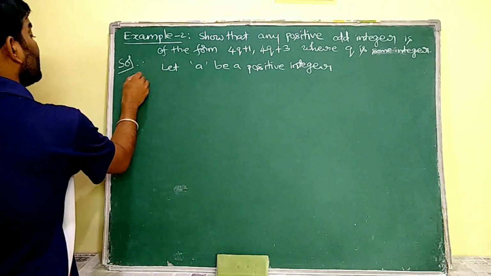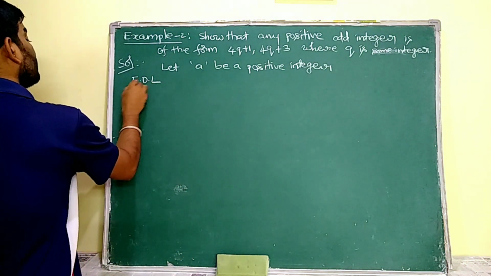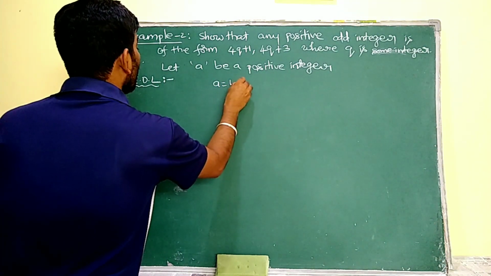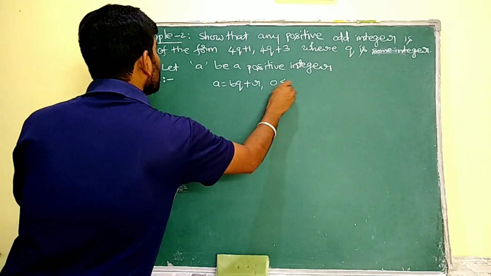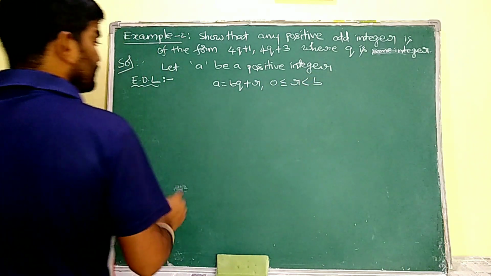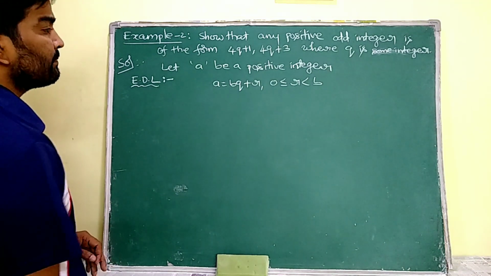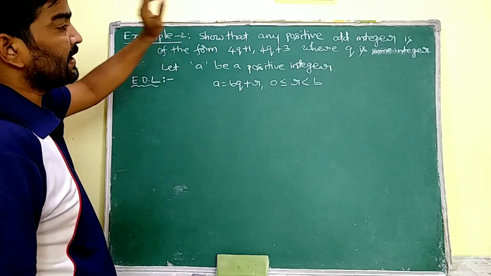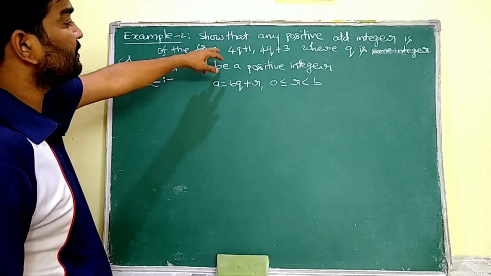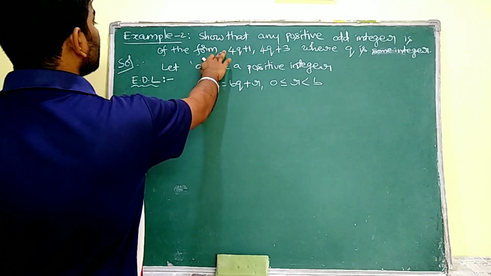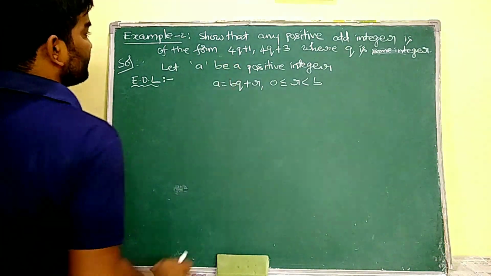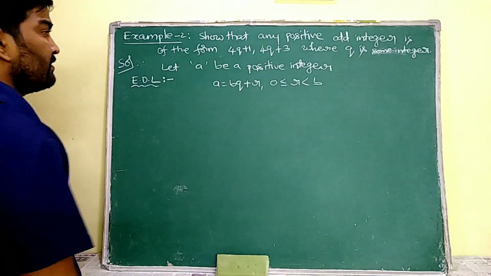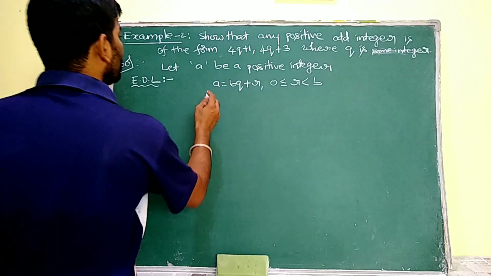Then write the Euclid division lemma. I am not going to write the definition again; while solving, you just write the Euclid division lemma. Here we know a is equal to bq plus r, 0 is less than or equal to r is less than b. Now, clearly by observing the problem, that means by applying the Euclid division algorithm, the b value is 4. Why? Because if a is equal to 4q plus 1, then it is odd, and if a is equal to 4q plus 3, then it is odd. That is what we have to prove. That means here b is equal to 4.